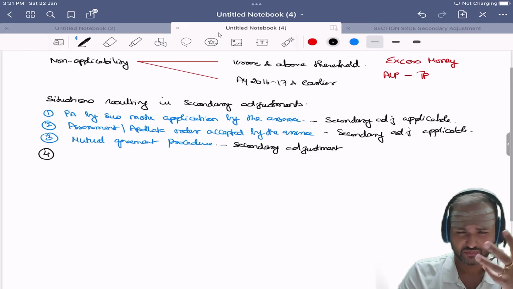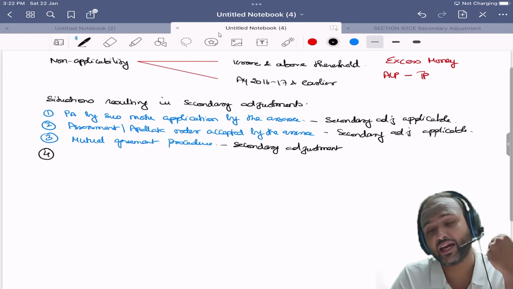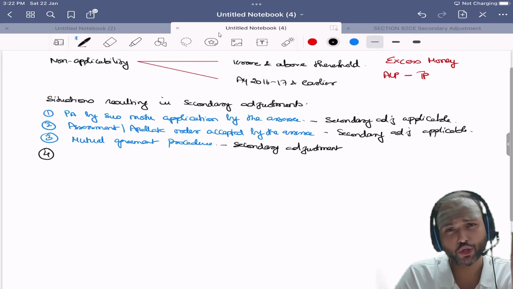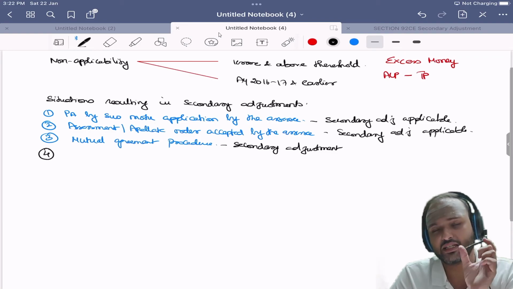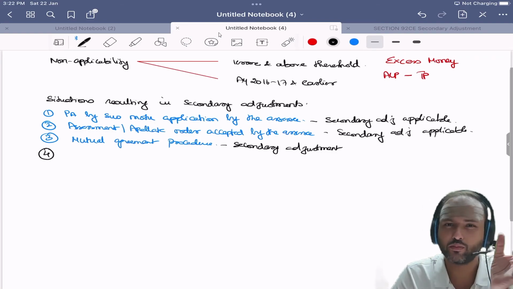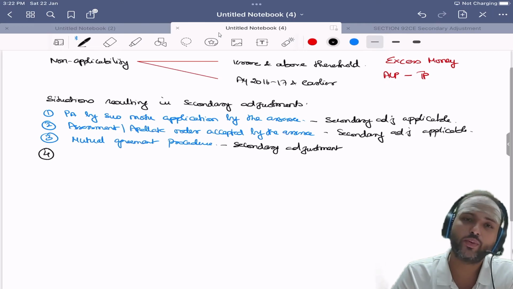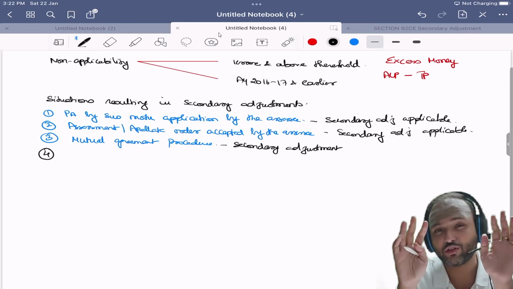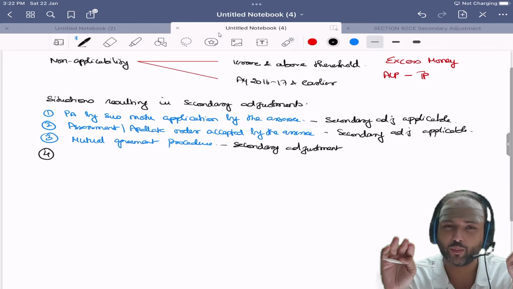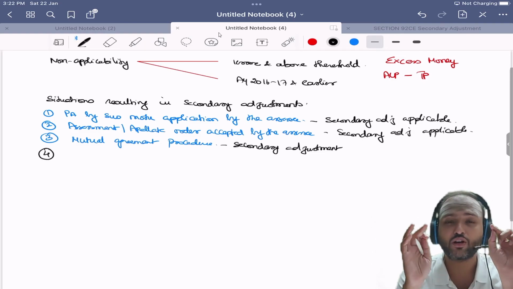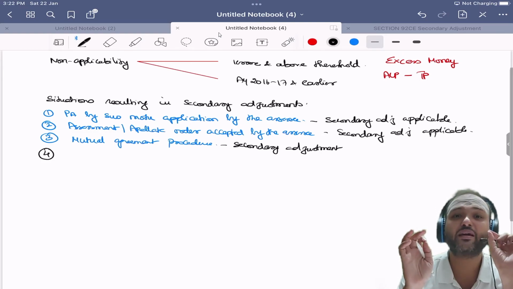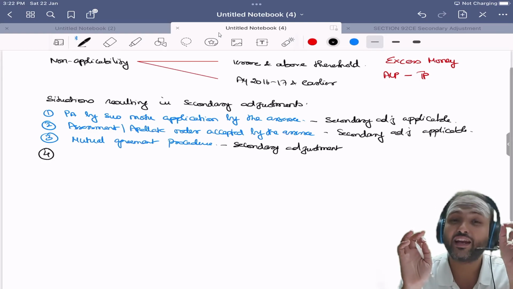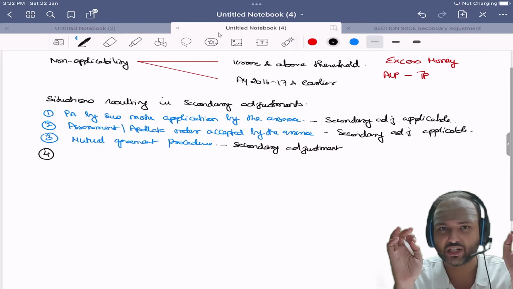Now, by the time the APA is actually entered, you make an application, it is getting signed, it takes at least a year or two before it is finalized. So now what happens? For 2 years, you may have already filed the return of income. For the balance 3 years, you have to file the return of income, a scenario like that might prevail. Okay, so because of this, after the APA is entered into, you will have to file a modified return. Remember, we have discussed this.